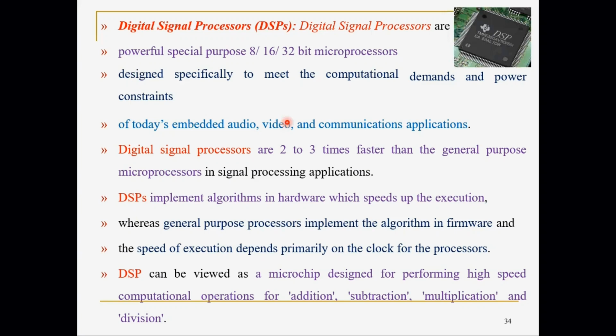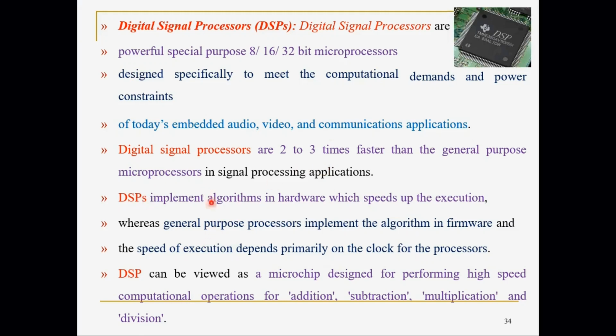Your CCTV, which you place at home. Through your mobile you can watch that CCTV from somewhere. There are digital signal processors. So these basically work on audio, video, or other communication applications. It is nothing but based on networks. When an embedded system has to interface with networking, then we can use DSPs instead of microcontroller or microprocessor. There are some concepts which you can understand here. You can read it.